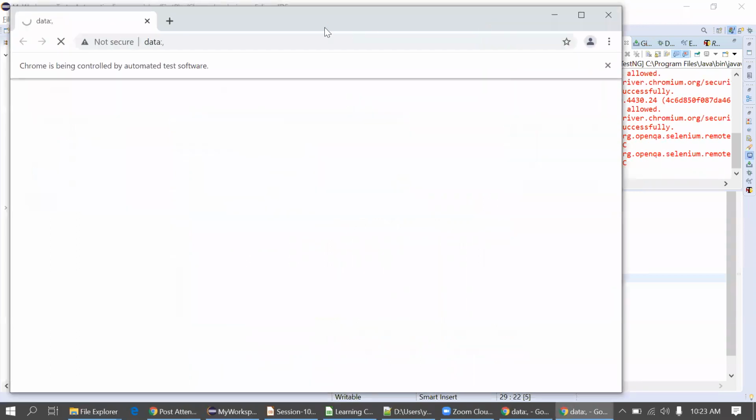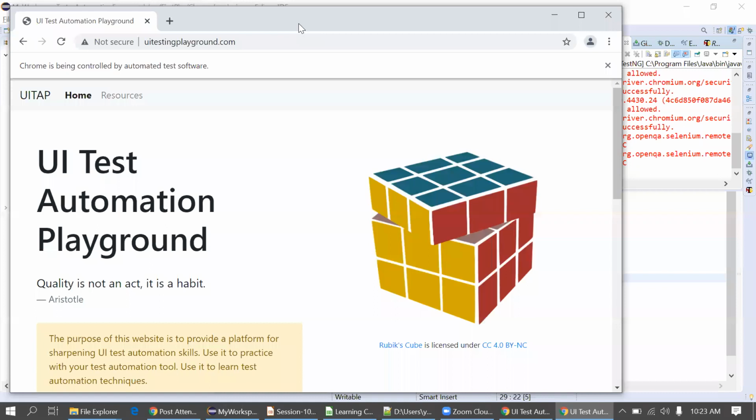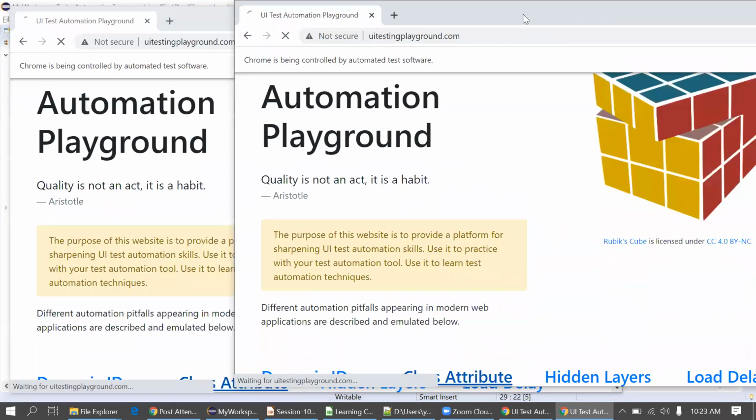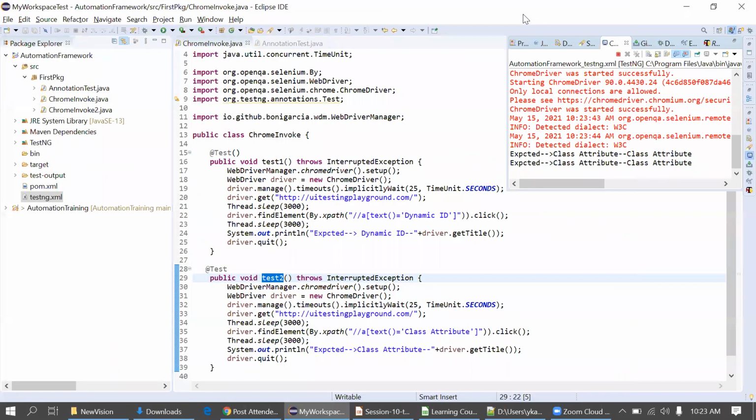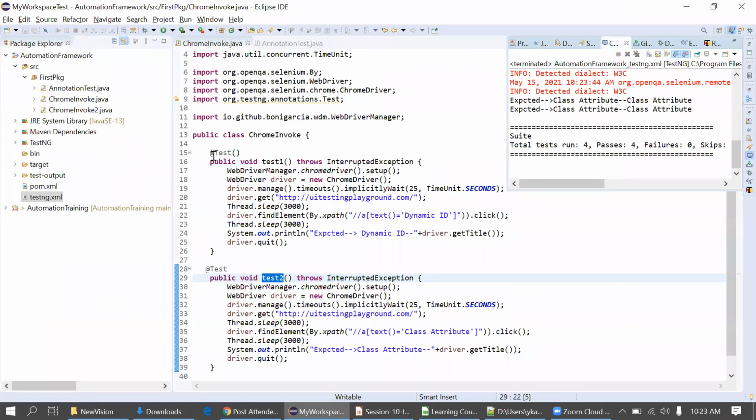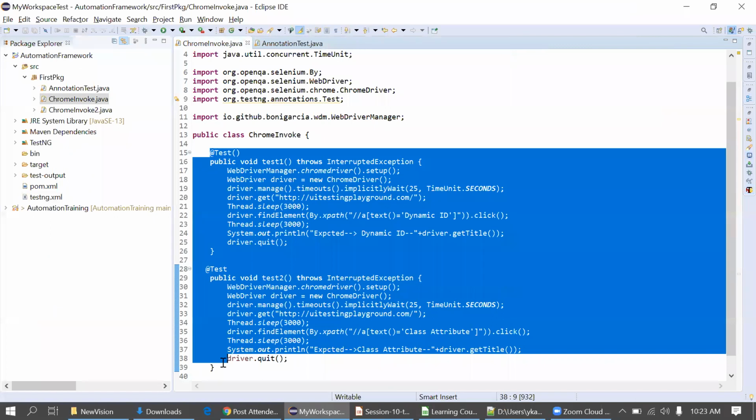I'm shifting the Chrome browser side by side. Because in both the classes we have written the same code, that's why it is executing the same test cases. I have just copied this and created this second class from the first class.